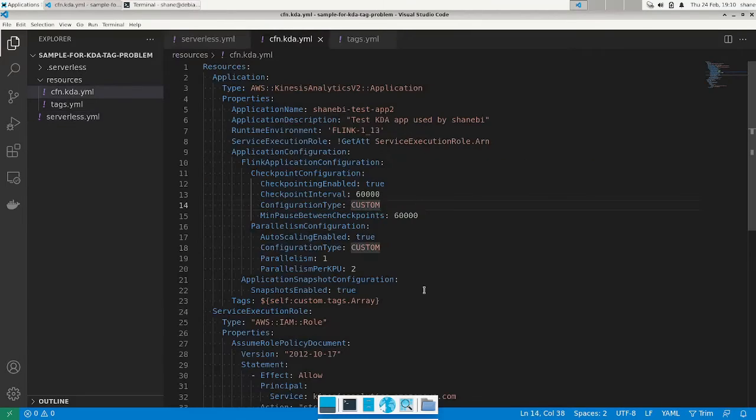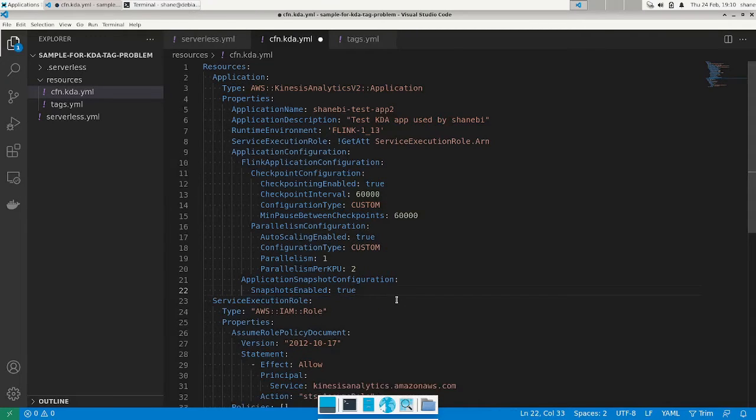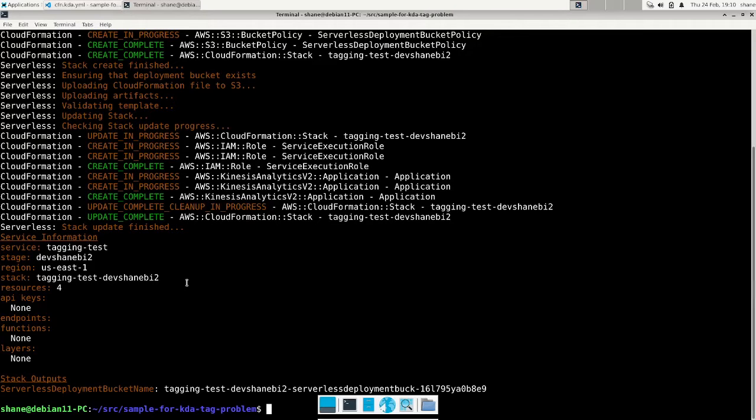The next thing you can do is you remove these tags. I don't think that part is necessarily necessary to reproduce this, but the important thing is you change some part of the configuration for the application, because that will force the application to perform an update. Then if we go back to our terminal here,